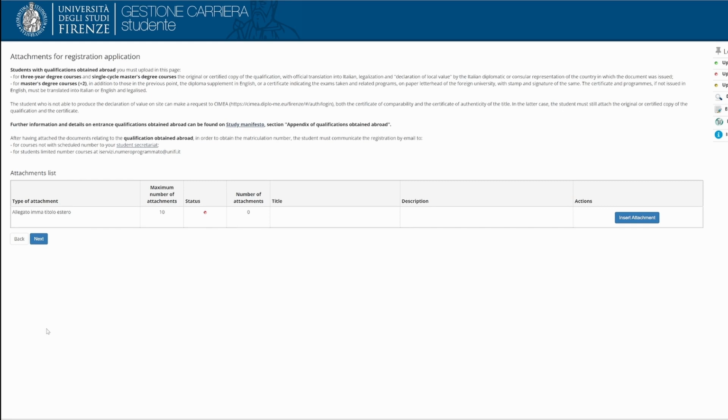Depending on whether you are enrolling in a degree program taught in Italian or English, you have to attach an Italian or English language proficiency certificate. Documents which are not issued in French, English, or Spanish also need a translation into Italian. Please attach PDF files only.